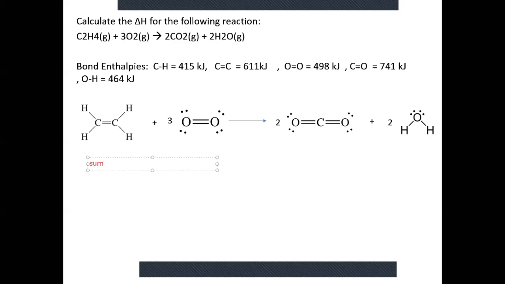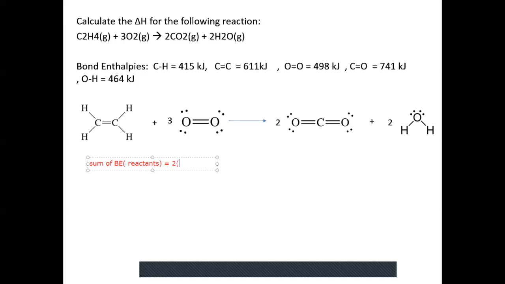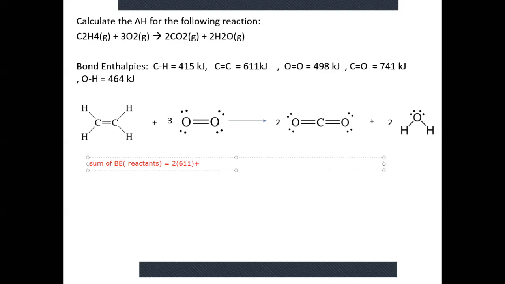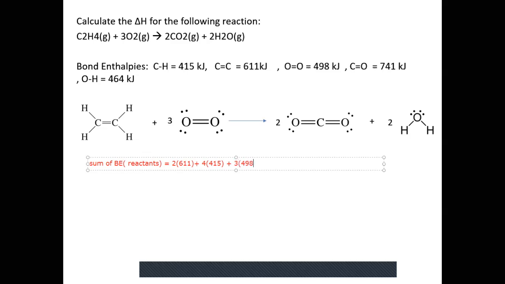So the sum of bond energy of reactants: we have 2 carbon-carbon double bonds, so 2 times 611, plus 4 CH bonds at 415, plus 3 oxygen double bonds at 498. We get 4,380